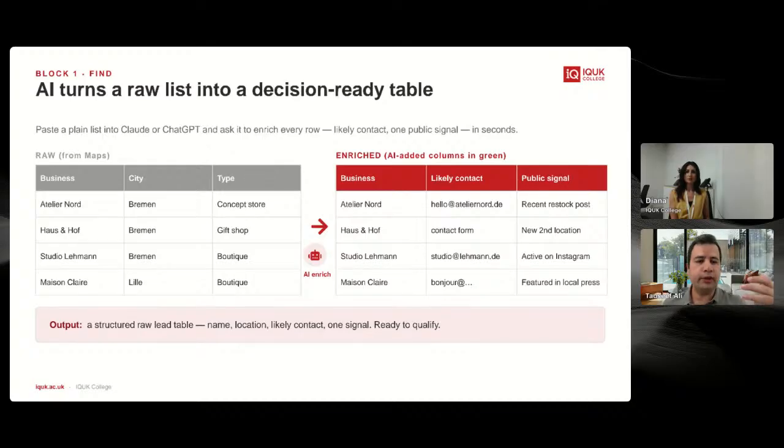Or you can also specify exactly what kind of enrichment you want. You say, okay, go to their Instagram profiles, go to their Facebook pages, and check their website. From there, pull out data and write some short notes so I can decide if they are relevant or not. And if I do decide that they are relevant, I can use those notes to write personalized emails to them.